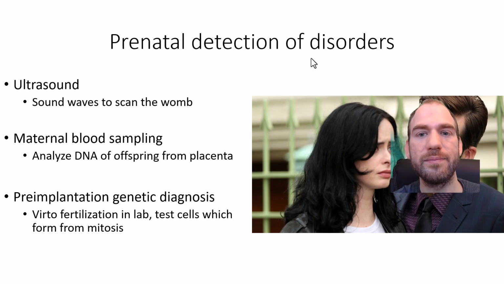And this is typically done for couples who have a family history, or for some reason are worried about some kind of a chromosomal disorder or some other disease that may emerge during pregnancy. So this is a way in which you can test the likelihood of that occurring, and then theoretically, if there are no diseases present or no disorders likely to be present, then re-implant that embryo back into a woman's uterus.